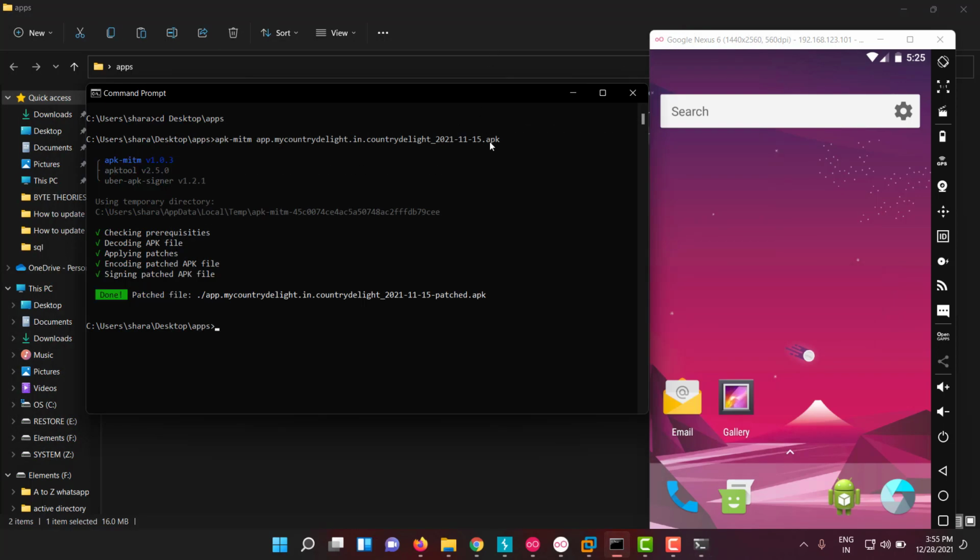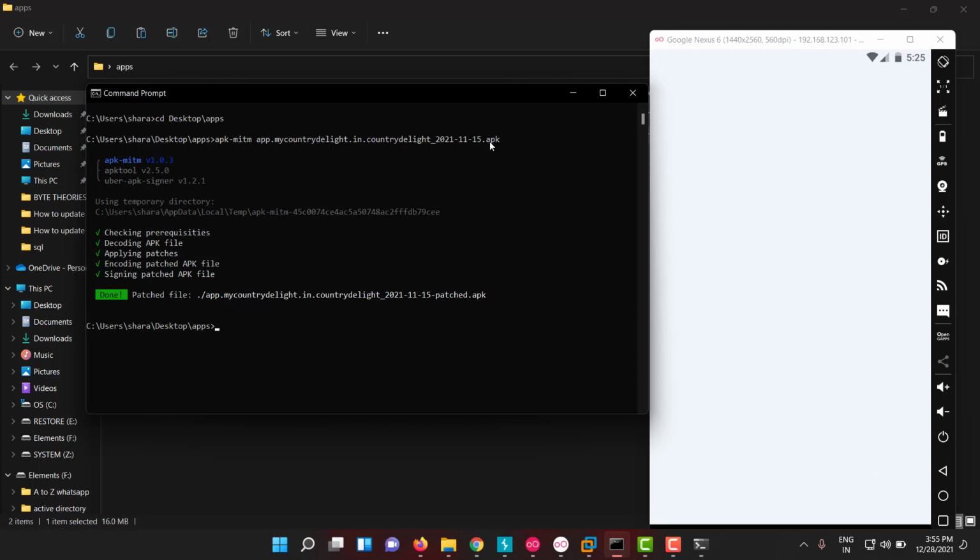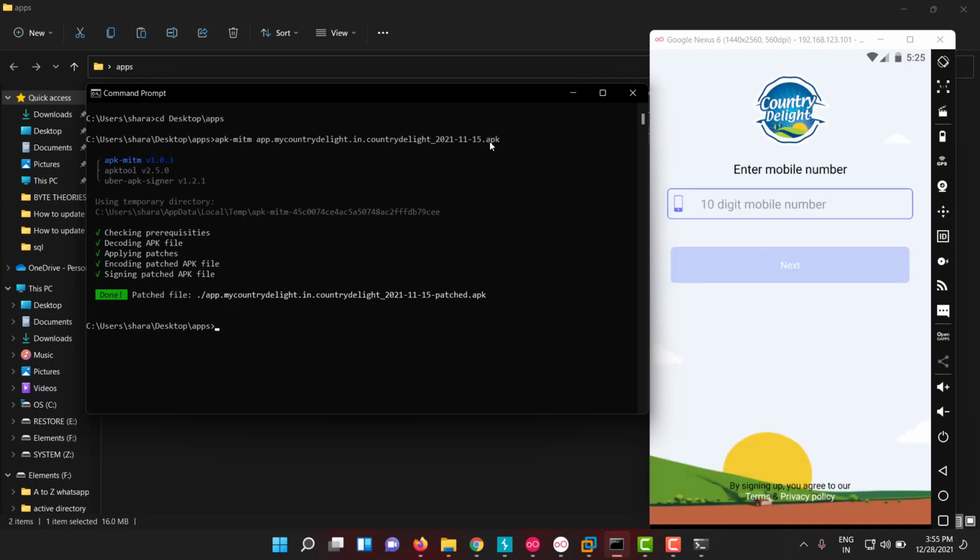Why I suggest you use APK MITM sometimes is because if the Frida server gets broken or something happens, you need to invoke it again and start things from the beginning. If you use APK MITM once and patch the APK, throughout the process you don't need to invoke the script anywhere at all. Once it's patched, that's it. You can listen to any request and response.